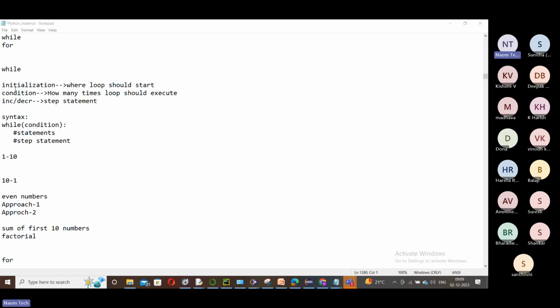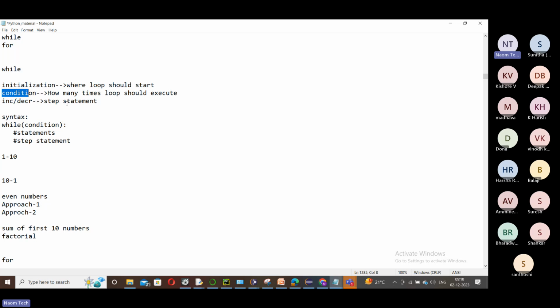When we talk about any loop, what do we need to work with a loop? We need initialization. Initialization says where the loop should start, like setting some initial value. We need a condition. Condition says how many times the loop should execute. We need incrementation or decrementation.